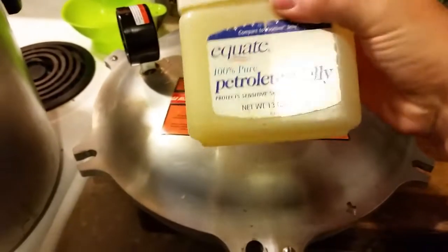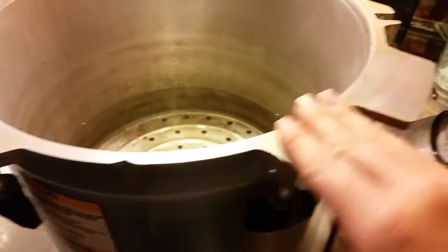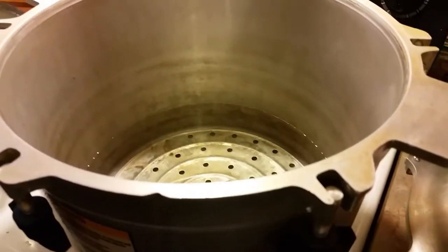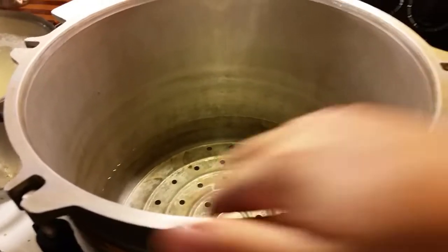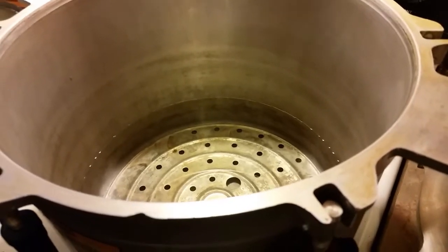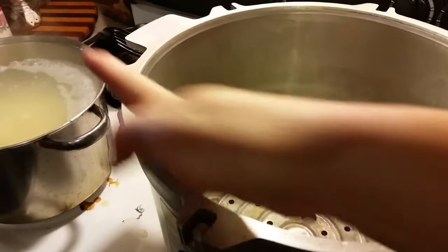Then, some people use oil. I like to use this. It does not leave residue or anything else. But this is a metal to metal seal, so there is no gasket like the Presto canner. You want to make sure that you have it lubricated all the way around, because otherwise you can actually seal your canner and then you won't be able to open it. So I just take some of the jelly and I go all around,